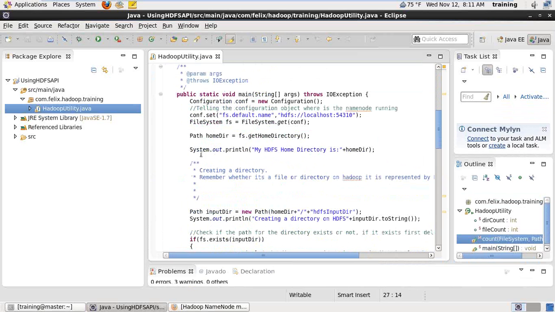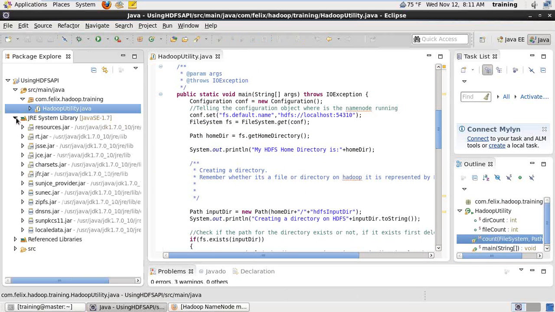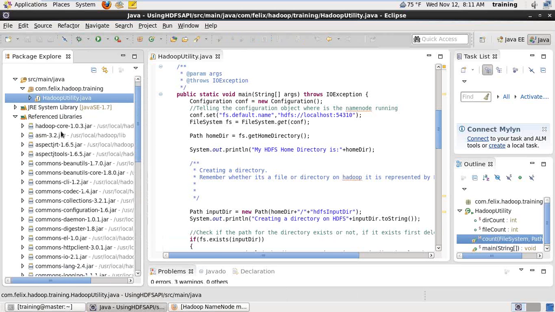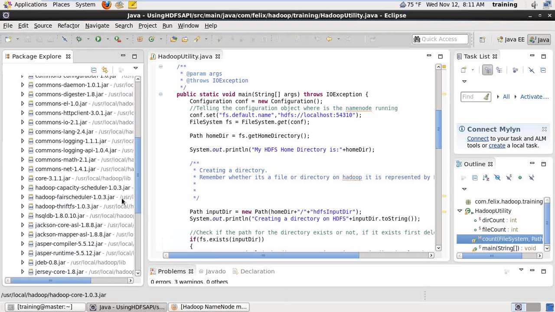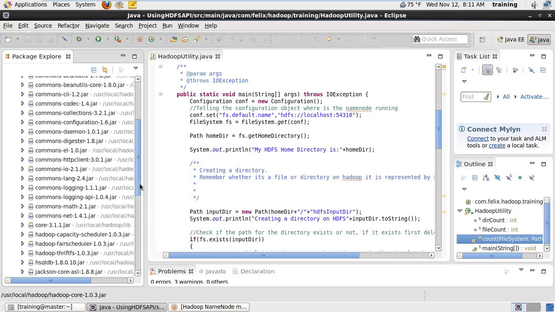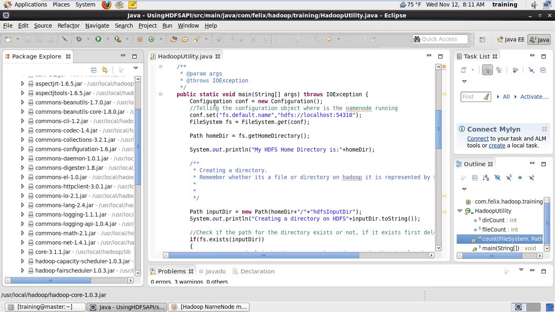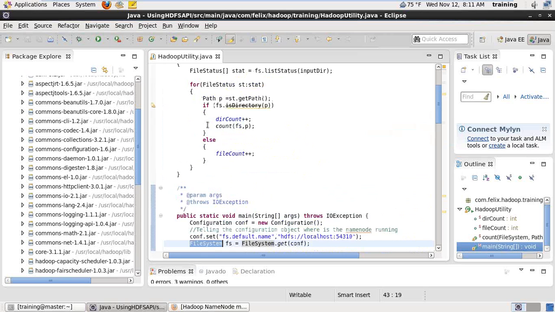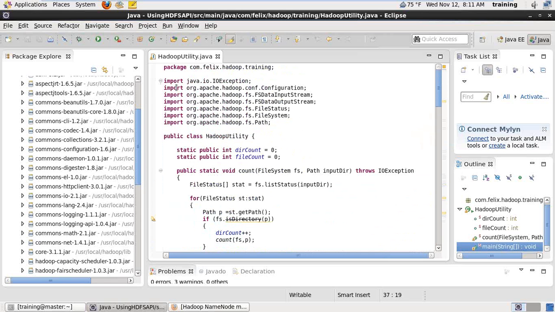So before going to that one, we need to import the different Hadoop files, Hadoop core and the related files. We need to load Hadoop core and other files to this project. If you want to write the Hadoop related classes, the configuration and the file system, if we want to access these classes, we need to import some packages,